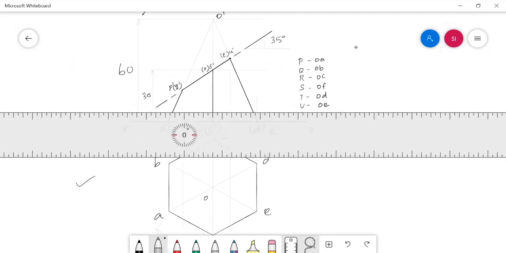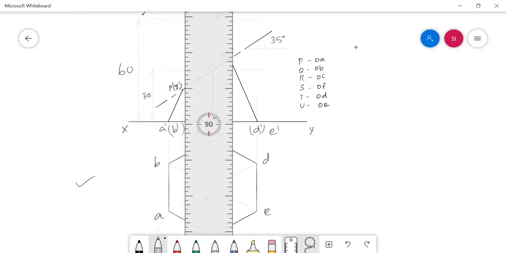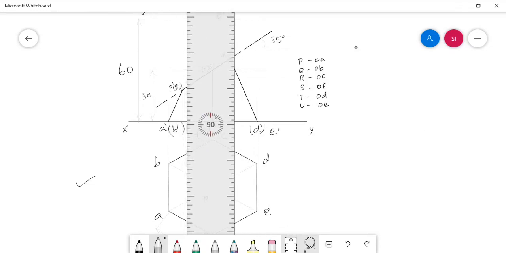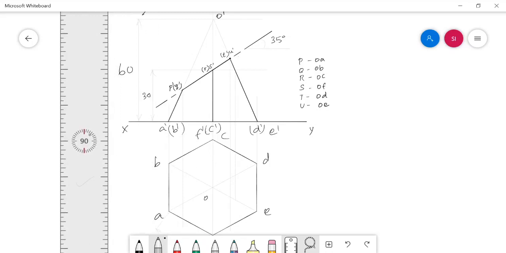and then project them towards the top view area and drop them in the same extreme slant edge, say OE. So here I just draw a horizontal line from R and S towards OE, and in the same OE in the top view I drop the points, and here I got the new points.